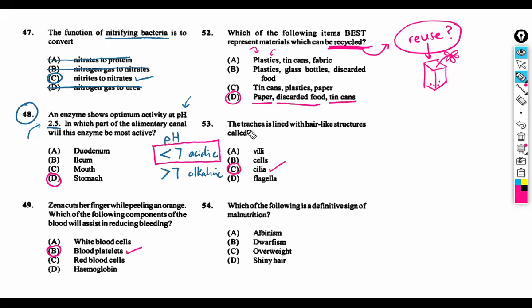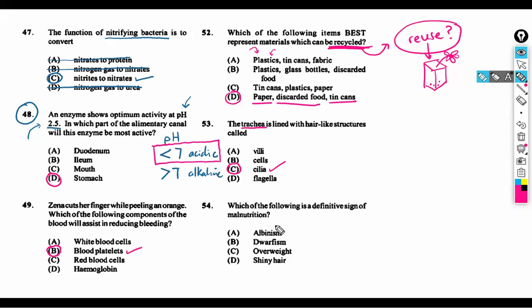They're talking about the trachea. That's when you're breathing in. That's the pathway to your lungs. It has small hair-like structures on the inside. It's called cilia. Okay? And a lot of people, number 54, when they hear malnutrition, they always think about the